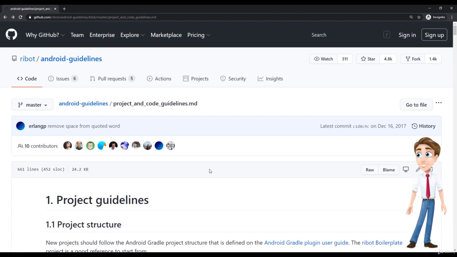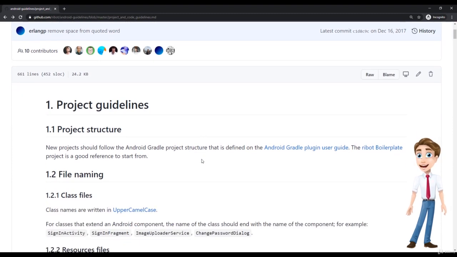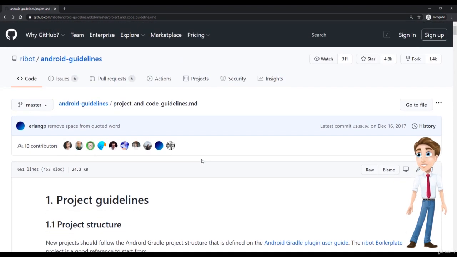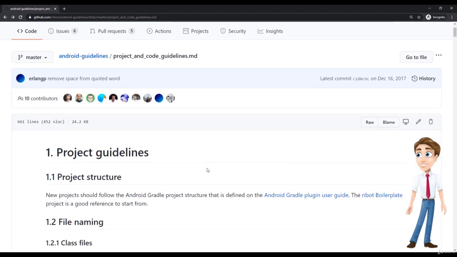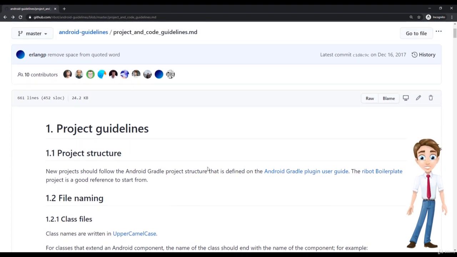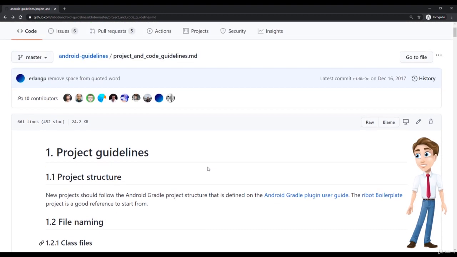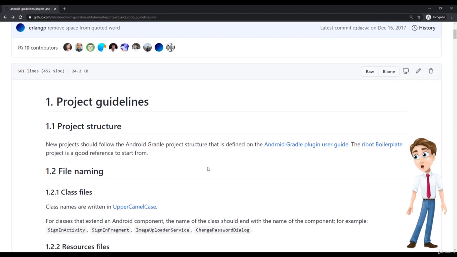Now, we have this guideline from Ribot here, and we are going to skim really quickly through it. What I really recommend you to do is, at the end of this lecture, take this URL. I'm going to save it in the project resources so you can find it, and reread the guidelines and the code styling, and go through it again on your own terms and decide for yourself which of them you want to follow and which you don't, because as you'll see, we won't actually be talking about all of them.